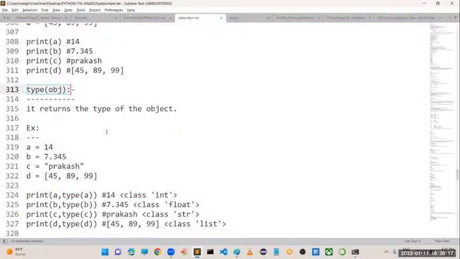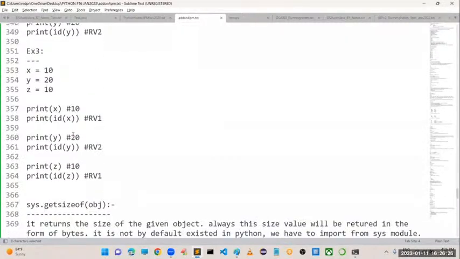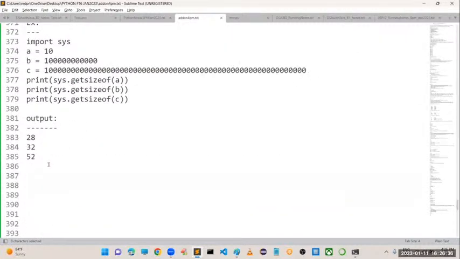Next, id of object returns the address of the object. Next, we have the getsizeof function, which returns the actual size of the object. So we have address and size. These are the four important functions that exist in Python.